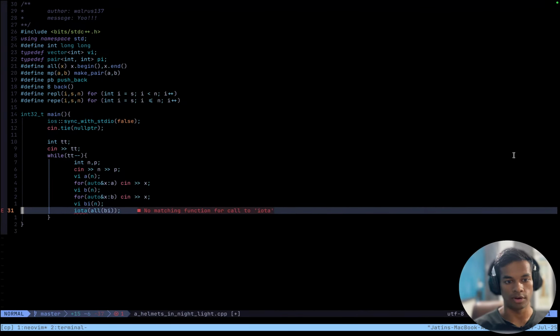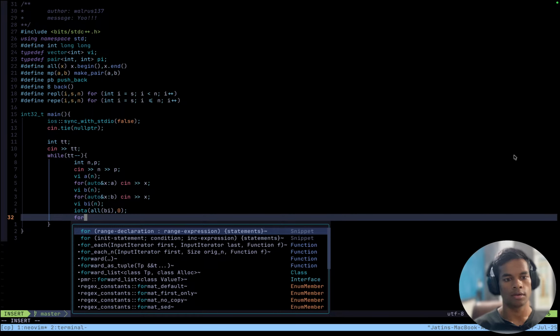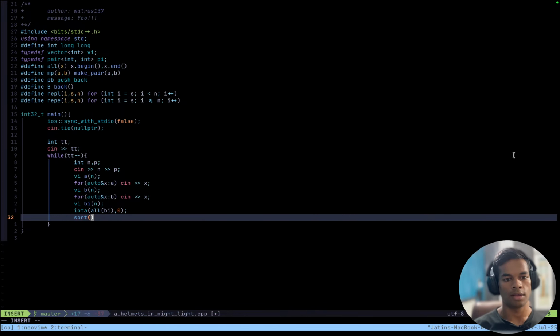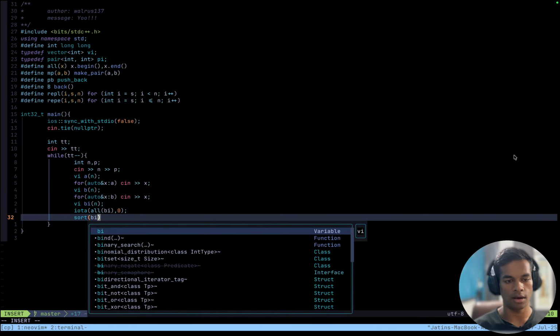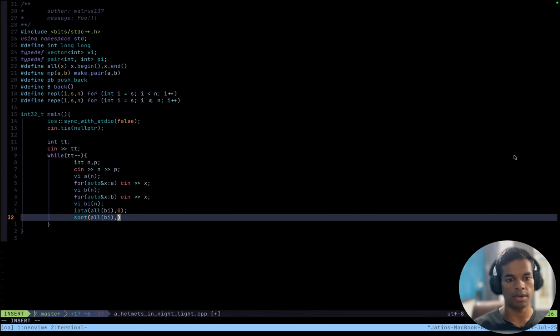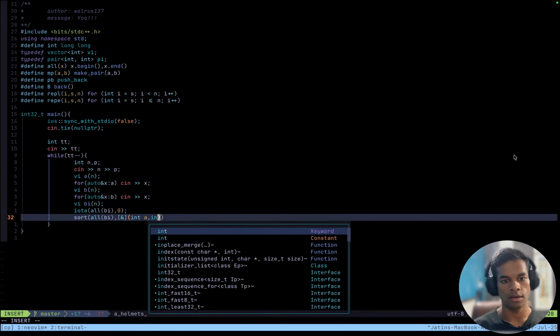I also have to provide the starting index, starting number with 0, and then sort BI all BI, and my function is this.